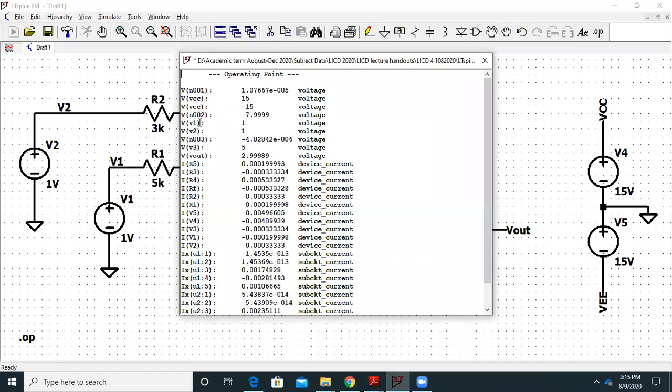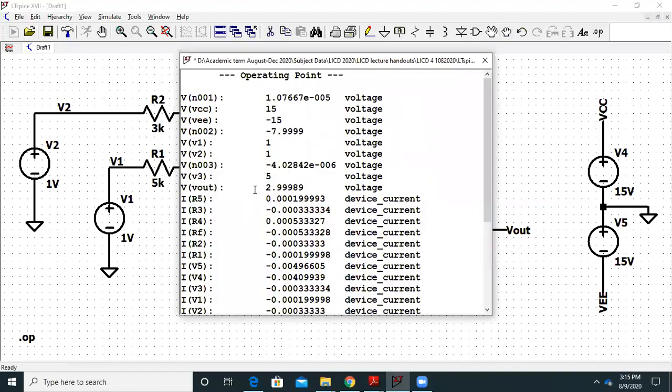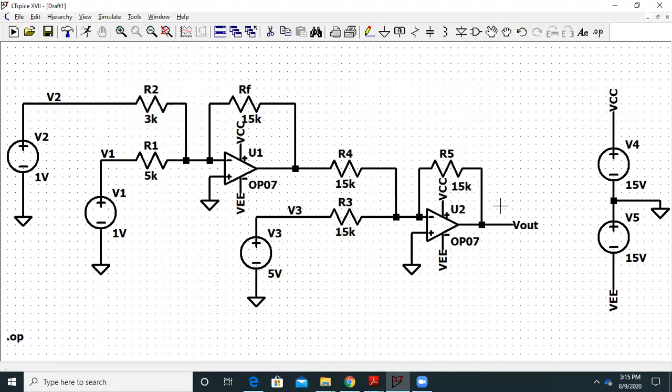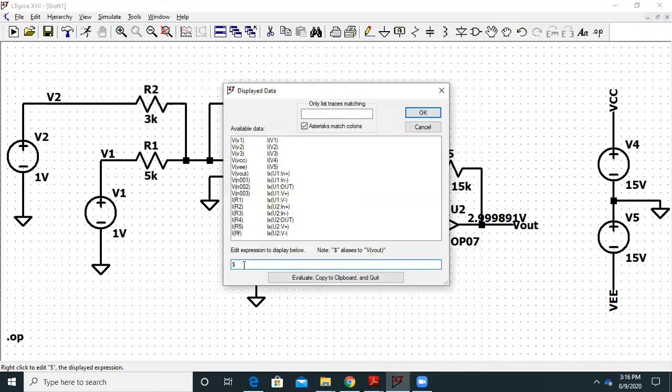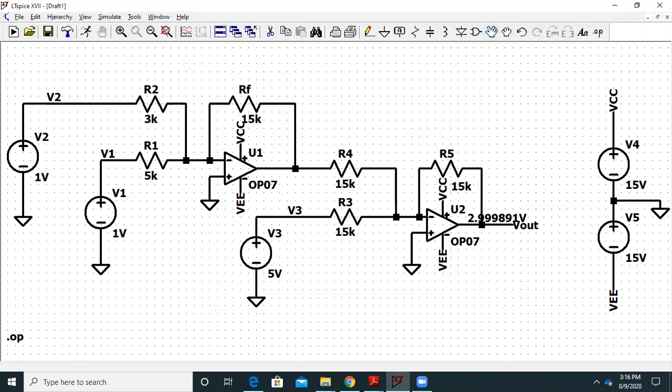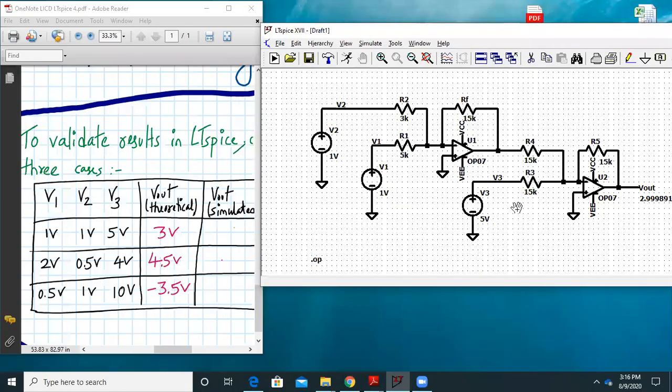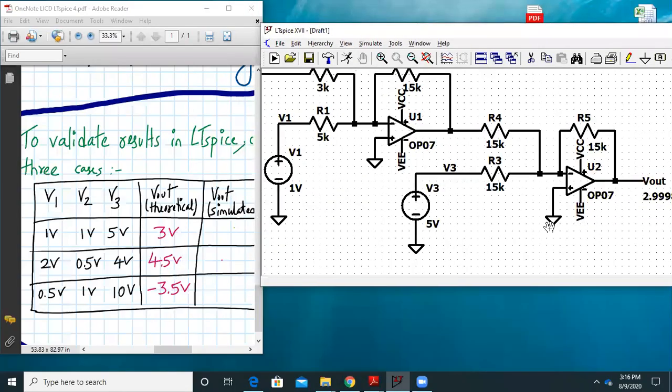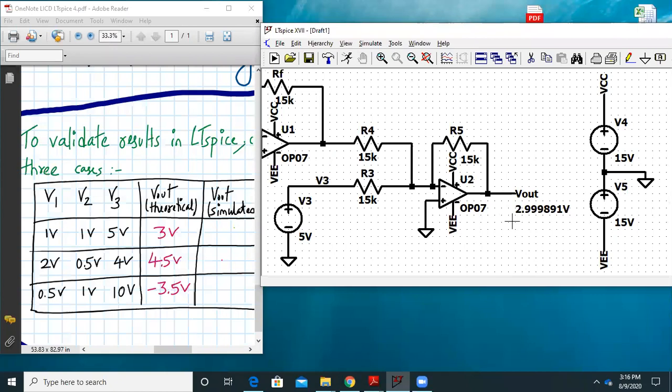Okay, so here we have marked the Vout node. So Vout node is giving 2.99. Let us check that. You go on the output node, click on it, you'll get the value. Right click on the value and select Vout from there. Remove this expression and select Vout and click on OK. Now we can drag this value anywhere we want. Also we can go to view, unmark the mark unconnected pin, so that value will disappear. So we were expected to get the value close to 3, and we are getting around 2.999, which is very close.